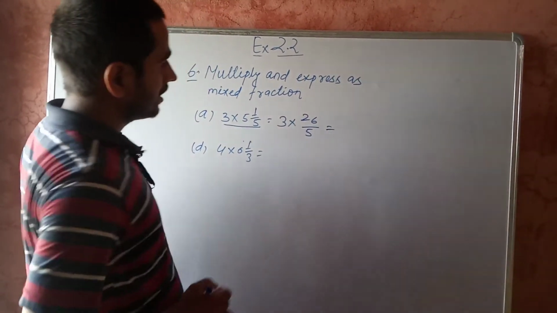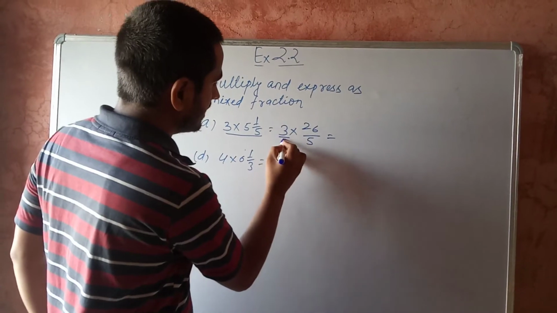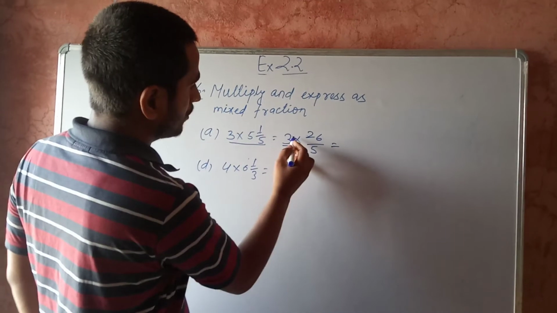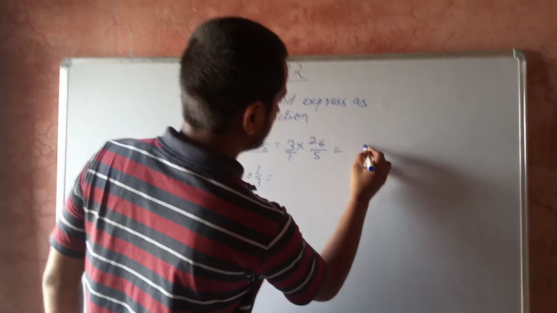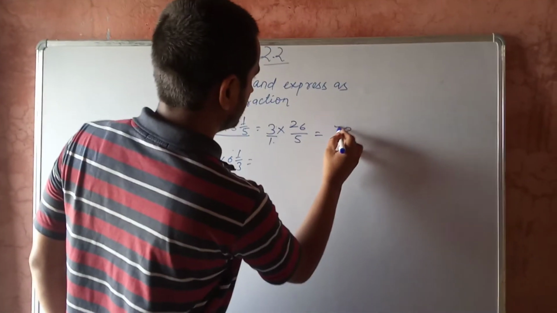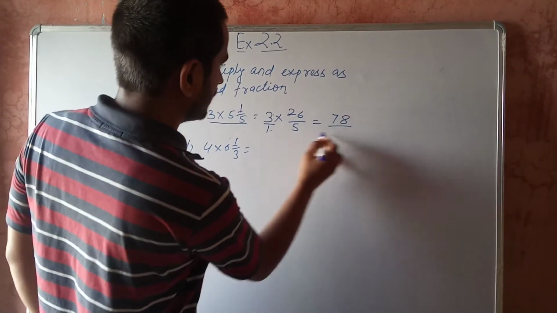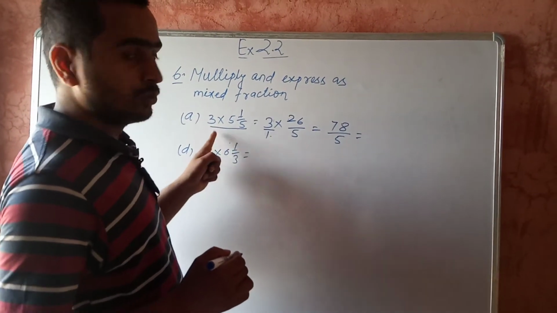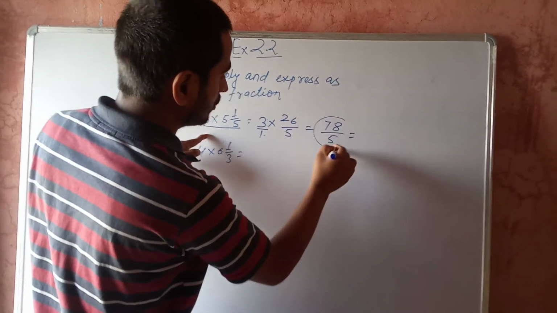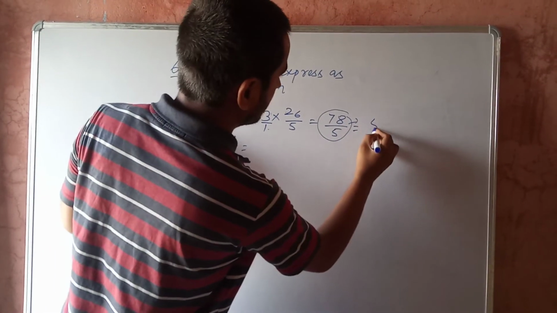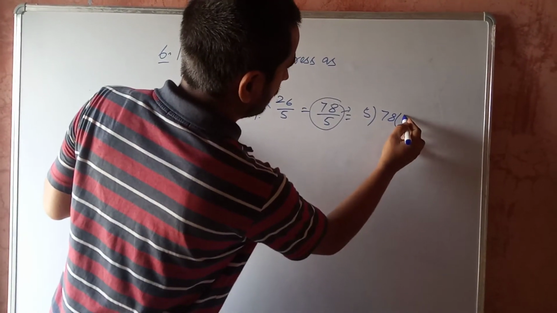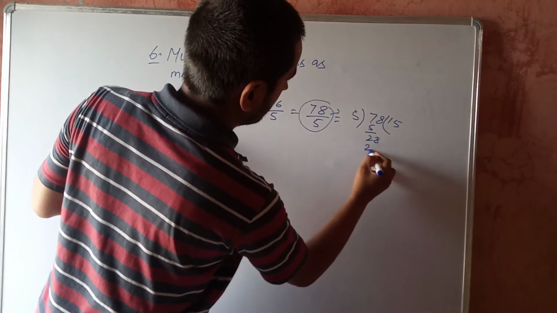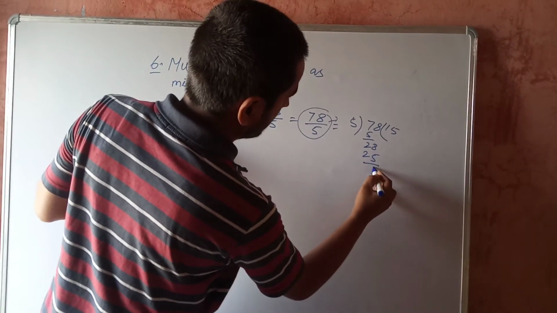Okay, now we will multiply. We can write this 3 as 3 by 1. We multiply numerator with numerator and denominator with denominator. On multiplying 26 into 3, we get 78, okay, 1 into 5, 5. Okay, this is the product after multiplying these values. Okay, and again we have to convert this product into mixed fraction. So we convert 5 1's are 5, 7 minus 5, 2, 5 5's are 25, 8 minus 5, 3.